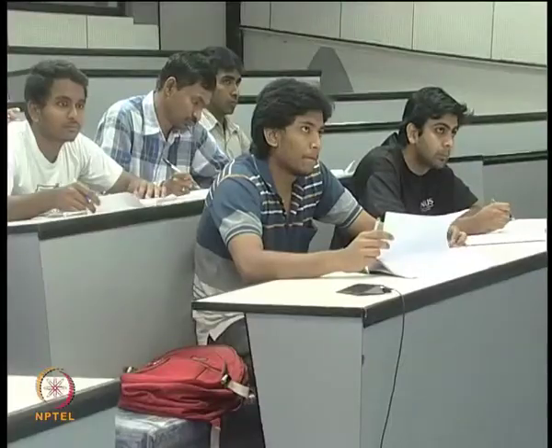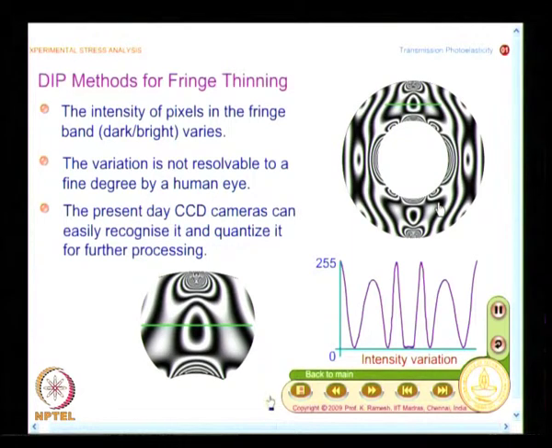Now, we will look at a very simple digital photoelastic technique, where we mimic what we have been doing manually earlier. We will identify the fringe skeleton, that is what we are going to look at. I have taken the problem of a ring under diametric compression. I had already mentioned the fringe features are very complex in the case of a ring under diametric compression, and if you know how to order the fringes, then you fairly understand how to go about a generic problem.